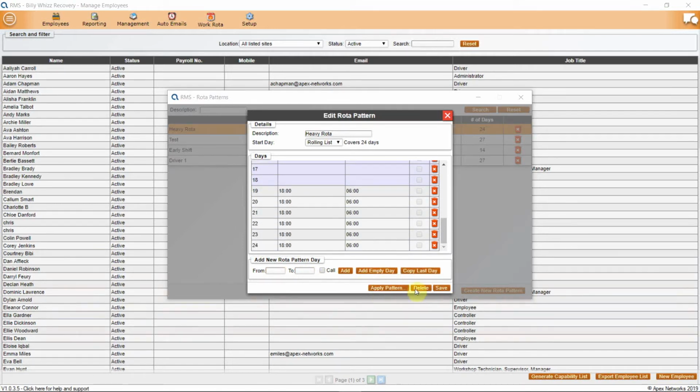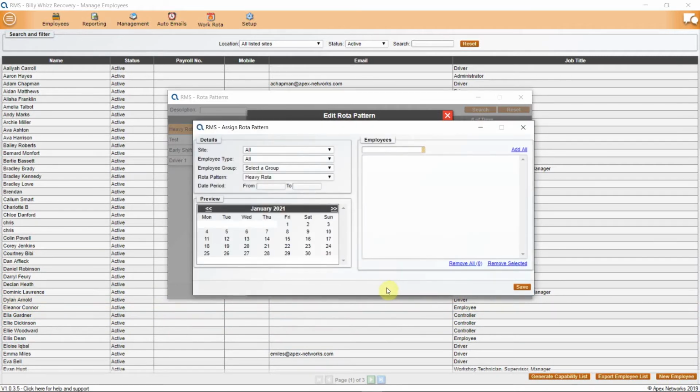Once you have saved the pattern, another button will be at the bottom marked Apply Pattern. This will open the window that allows you to apply staff to this rota pattern. This is the same as clicking on the Apply Rota Pattern in the drop-down menu. Here you can select from site if your company uses multiple sites, employee type, driver, user or technician. There is also the ability to select employee groups and the rota pattern that you wish to choose for these